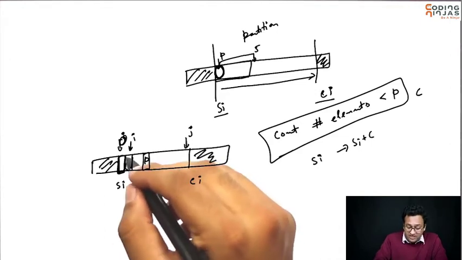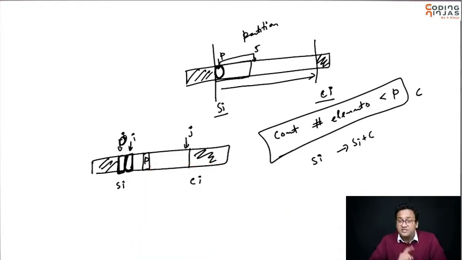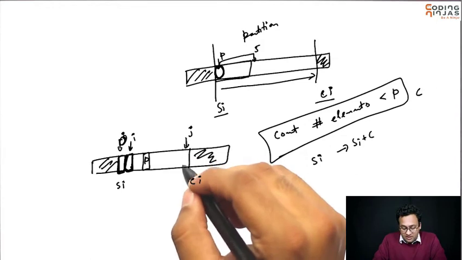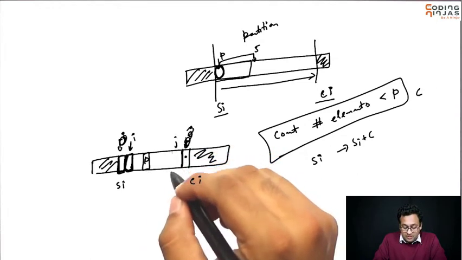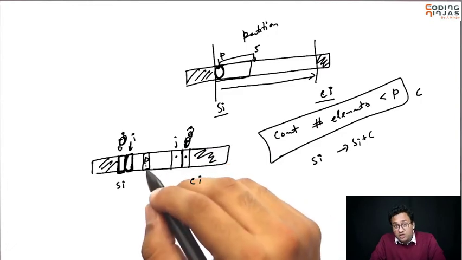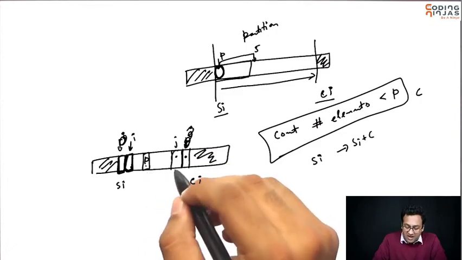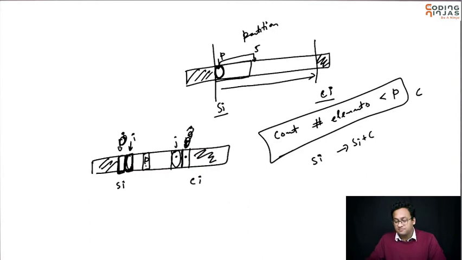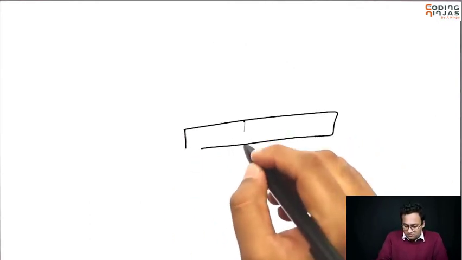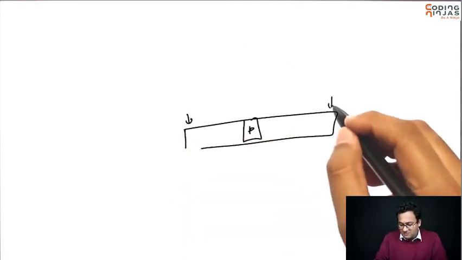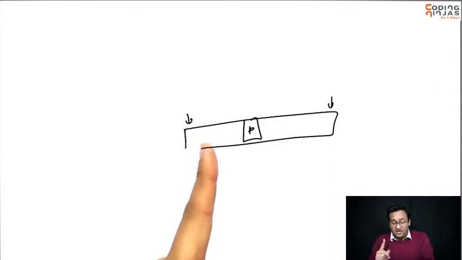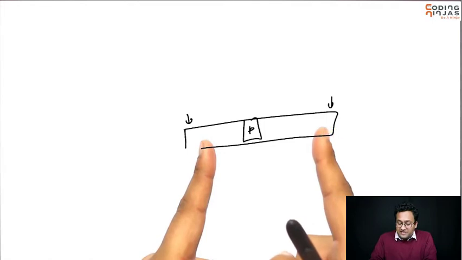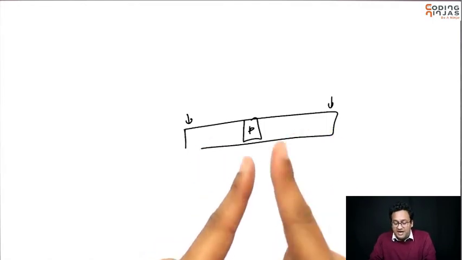If this number is not at the right place, then wait. Check for the last element. If this number is greater than P, then this is fine. Move it. If this number is less than or equal to P, or let's say less than P, then we can swap this number and this number. So basically, this is my pivot. I start from the beginning, I start from the end, I keep moving, and I'll stop as soon as I find an element here which is larger than P, and I find an element here which is smaller than P, and I'll swap them.